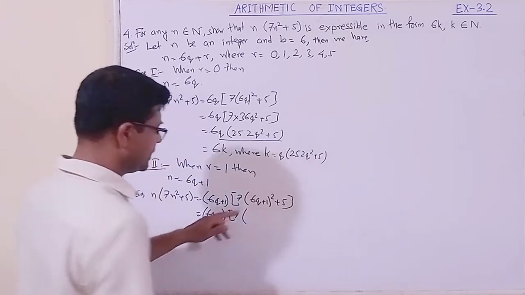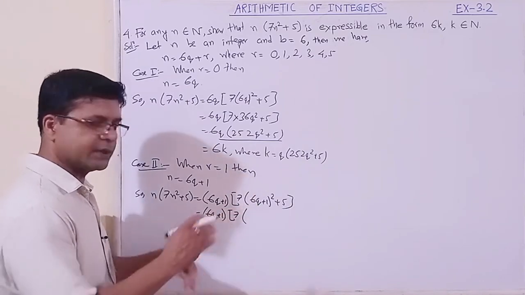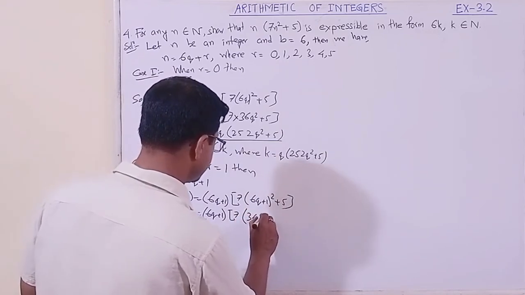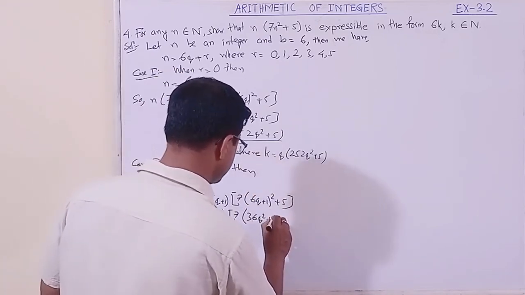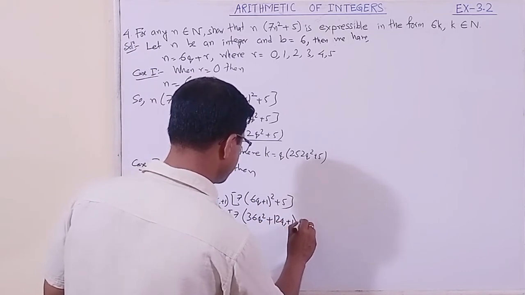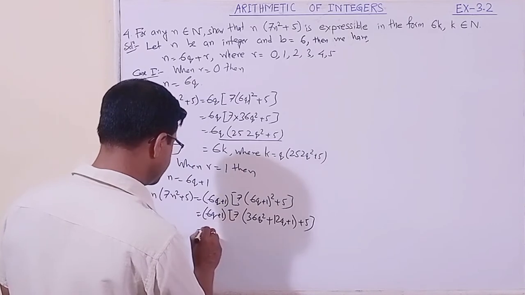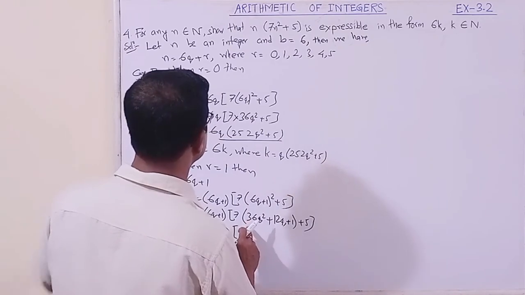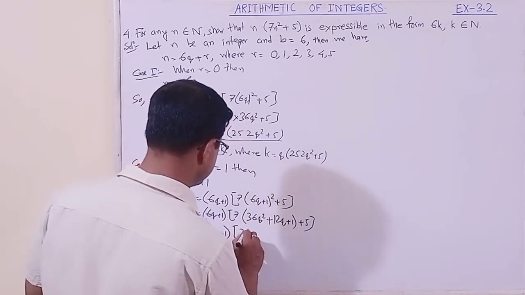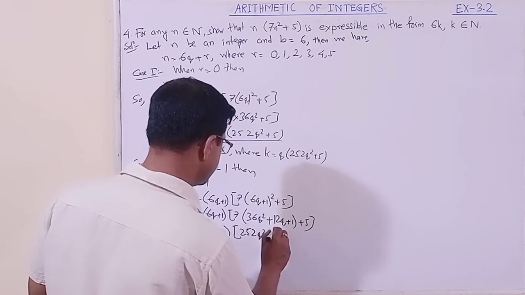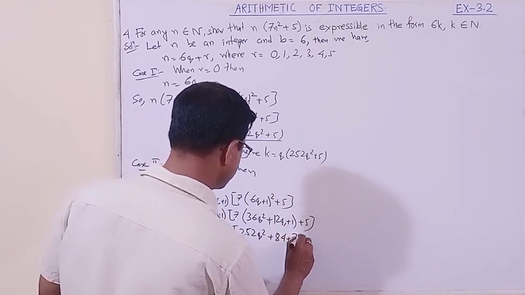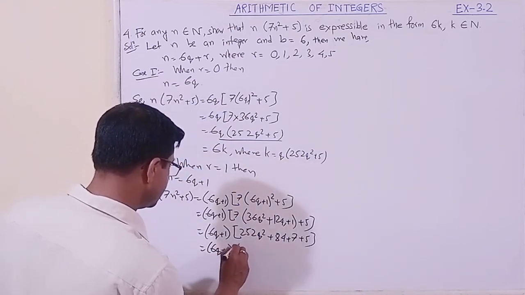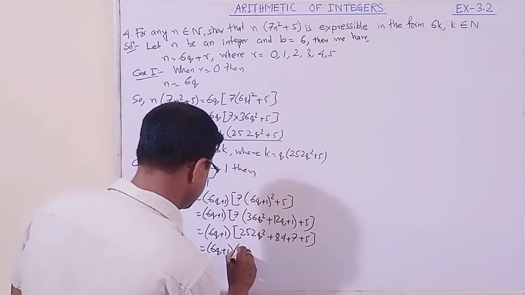So this is 6q plus 1, times 7. Let us expand it, this is in the form a plus b whole square, so a square plus twice ab plus b square. So 36q square plus 12q plus 1, plus 5. From here 6q is not common, so we will not think about this. So this is 36 into 7. The product is 252q square, 7 times 12 is 84, plus 7 plus 5. So this is 6q plus 1. The sum is too easy, but the calculation is lengthy.